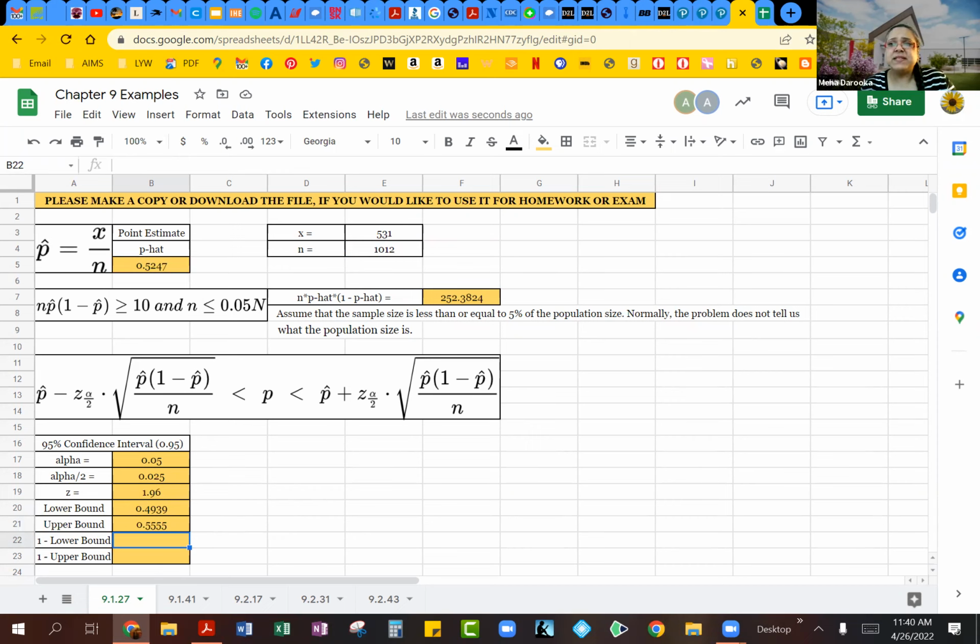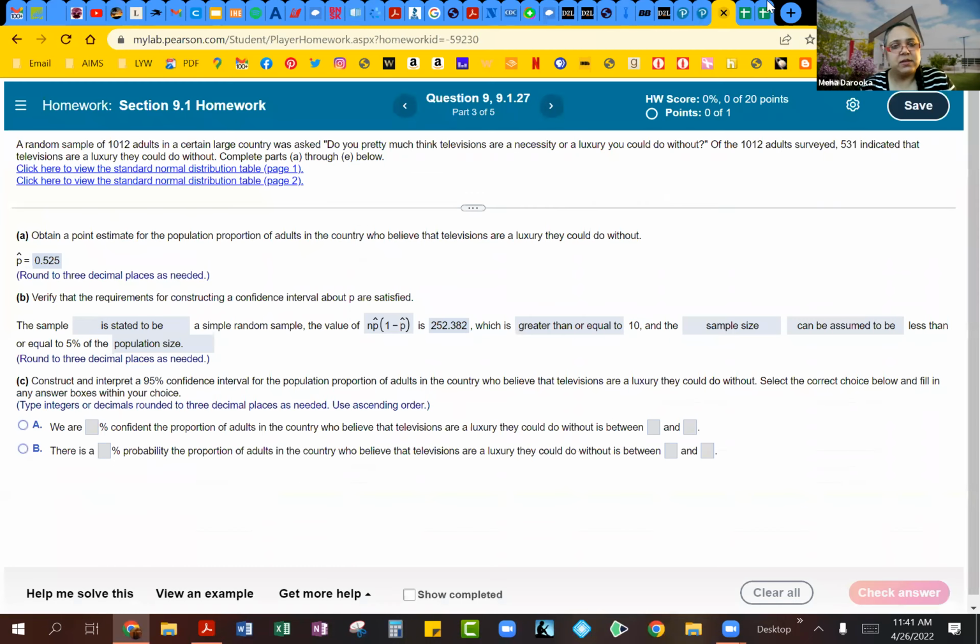So what we are saying with this, guys, again, is that yes, you got 52.5 as your point estimate based on this one survey. If we were to repeat this same survey with different groups of people, we can be 95% confident that this 52.5 value can actually go from 49.39% to 55.555%. So you do have a little margin for change there, right? Because it can on the lower end go to 49.39%, and on the upper end it can go to 55.555%.